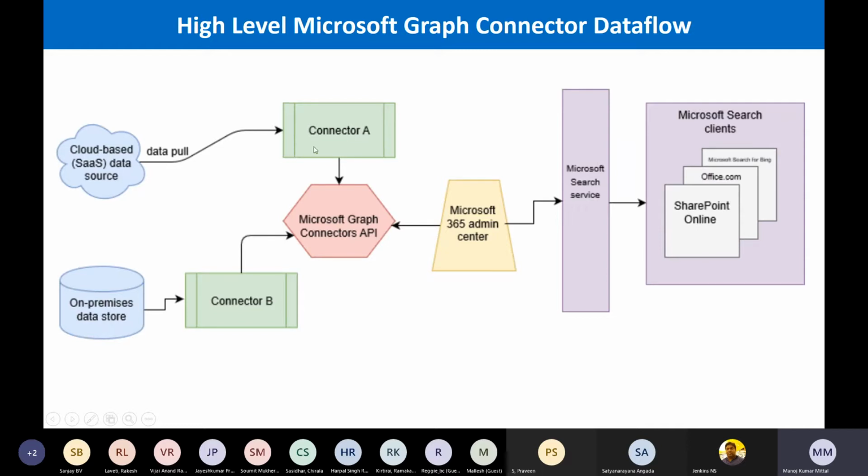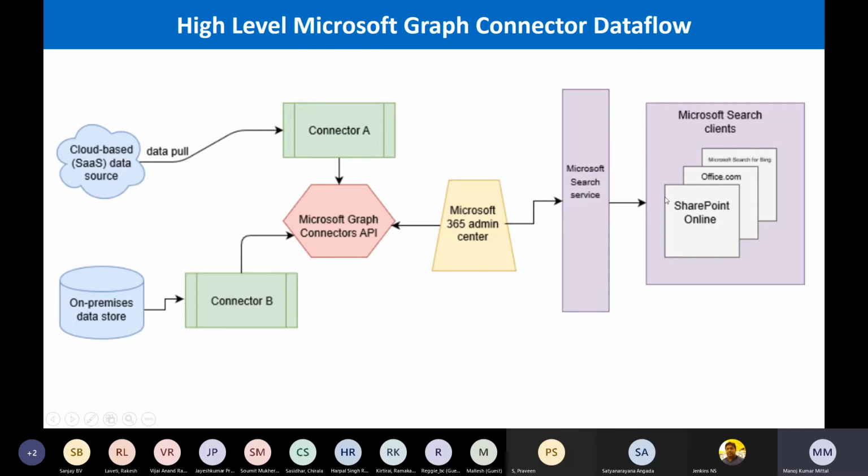So what components do we have? We have SQL Server, ServiceNow, DevOps, and Azure SQL on-premises. Each connector can be connected via the Graph. We are not going to write a single line of code in this entire demo, and we will build content that can be crawled from outside the M365 environment. It uses the Microsoft built-in connectors API and is configured in the M365 admin center. Once configured, it crawls the data and puts it into the Microsoft Search service, which we are not allowed to touch. Microsoft takes care of that.